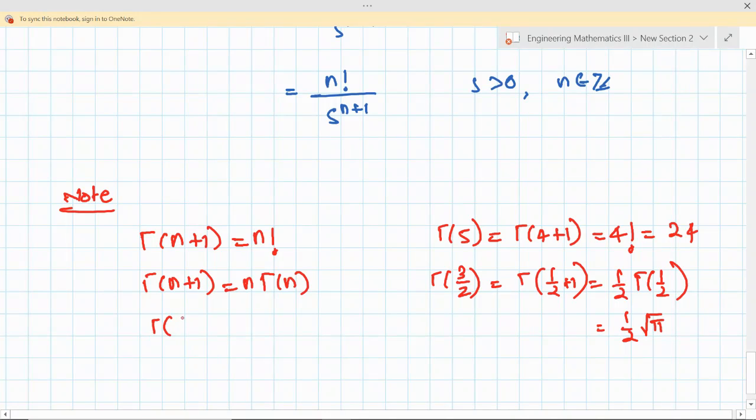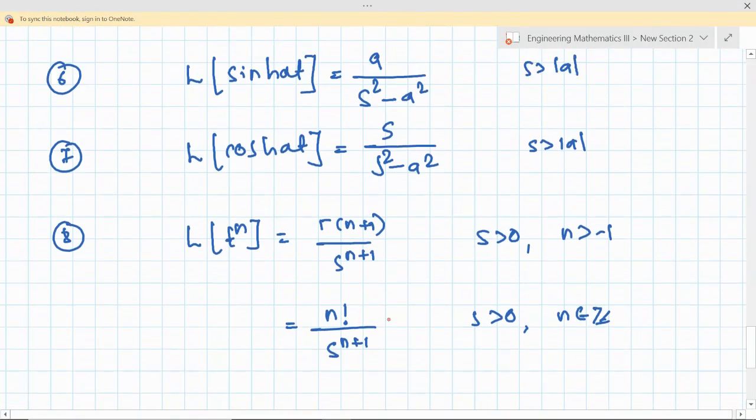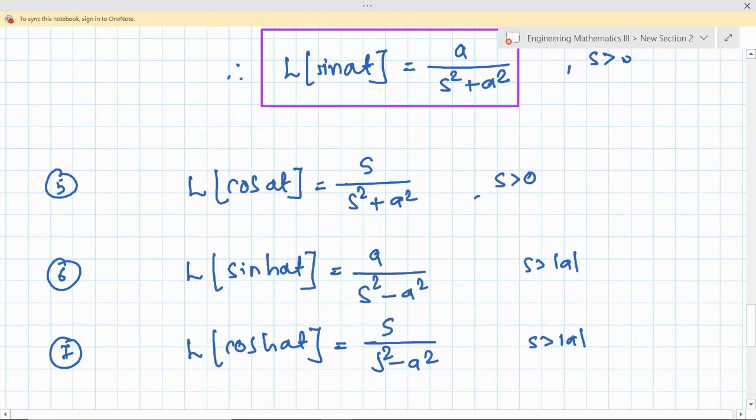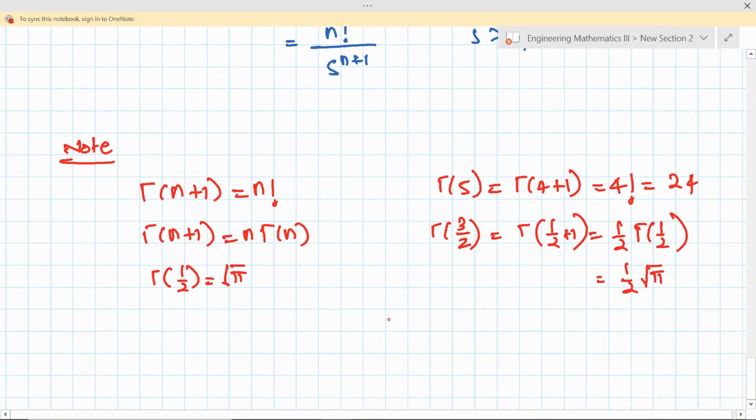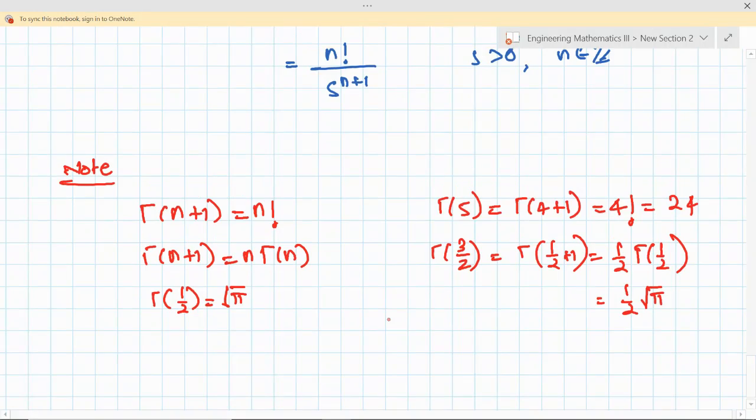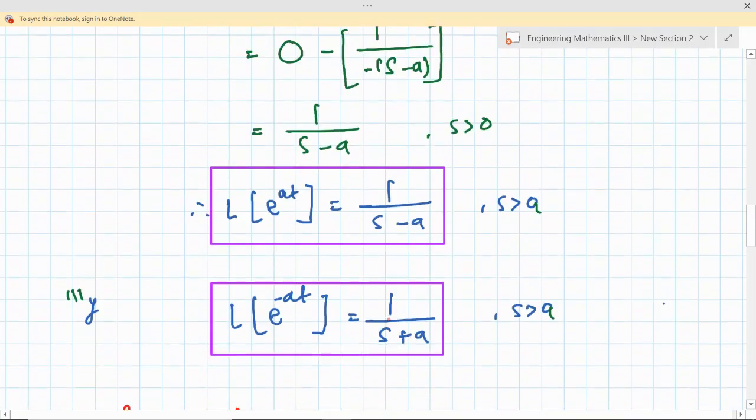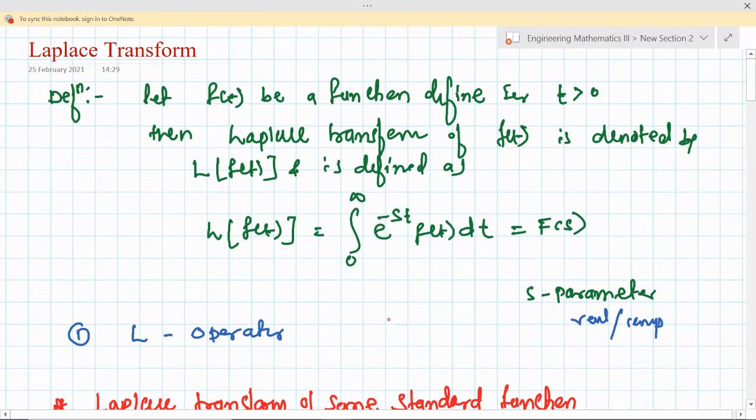That result also we have, gamma 1 by 2 is nothing but what? Root pi. This is the improper integral actually. Gamma function is nothing but an improper integral. Those who have come from the first year engineering, they actually know about the gamma and beta function. Okay, so this is about the basic definition of Laplace transform, and what we called it as the